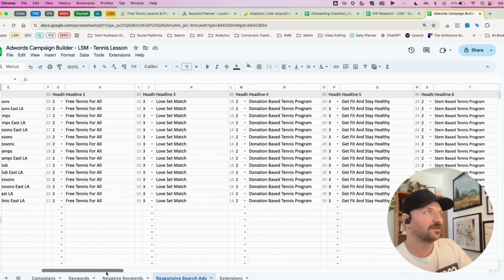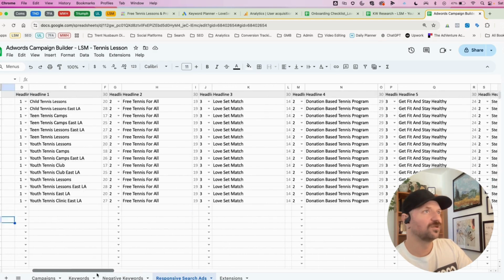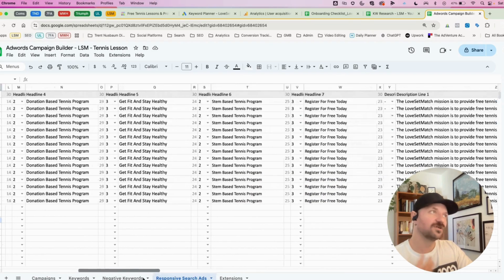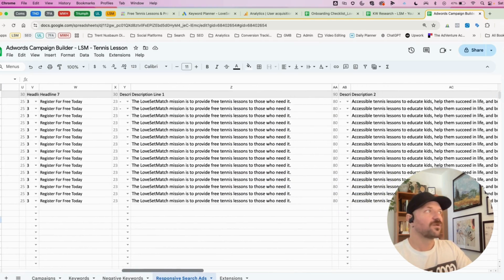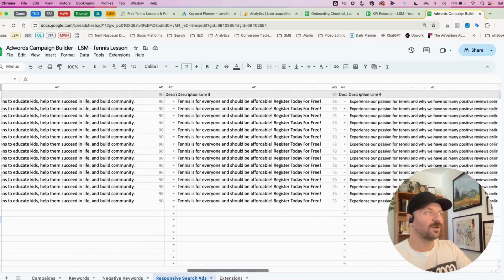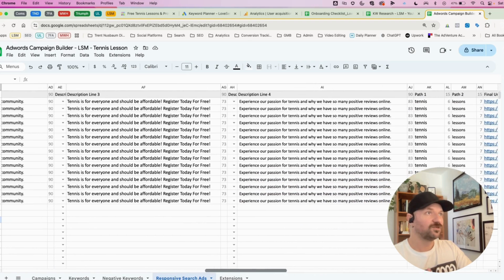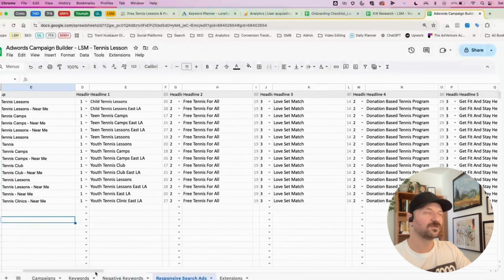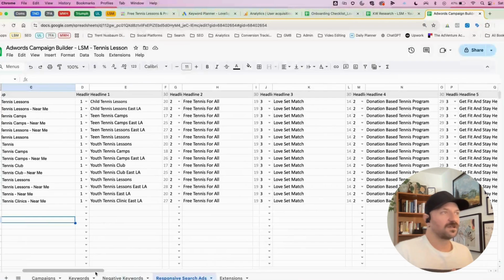Typically, in a search ad that you will see on Google, you will see probably two headlines and one description. You can see up to three headlines and two descriptions. So here we're giving Google a bunch of examples to use in different combinations. So Google is going to use machine learning after it's collected data to figure out the best combination of all of these headlines and serve that